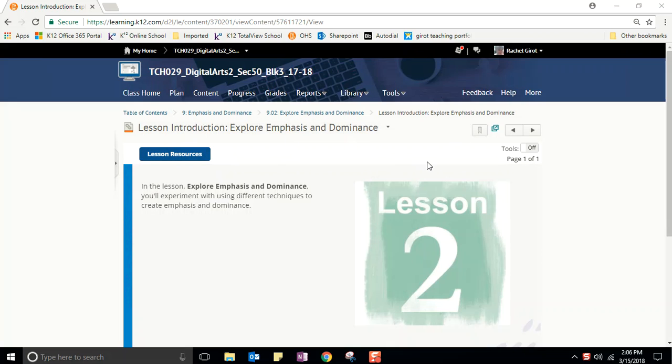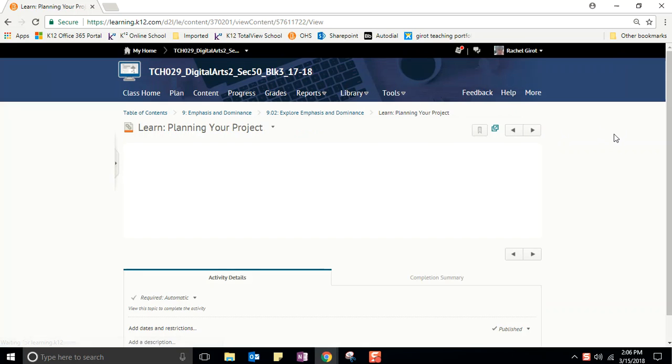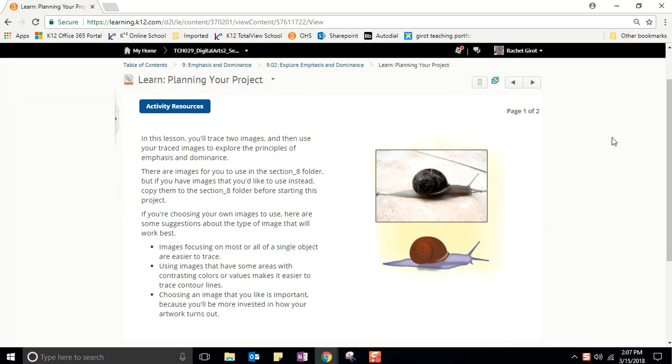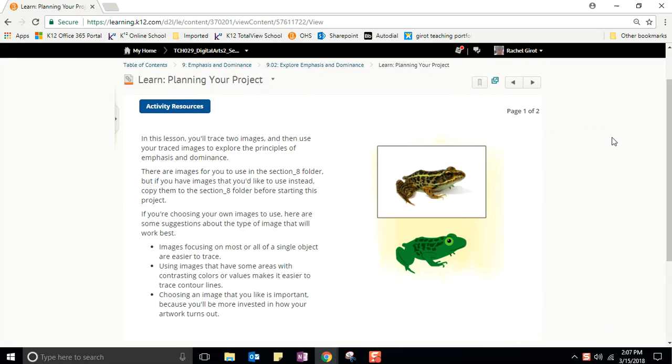Time to do the Unit 9 project. In this lesson, explore emphasis and dominance. You'll experiment with using different techniques to create emphasis and dominance. Planning your project. In this lesson, you'll trace 2 images and then use your traced images to explore the principles